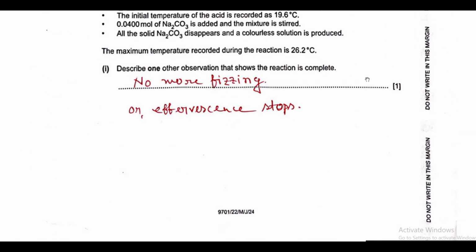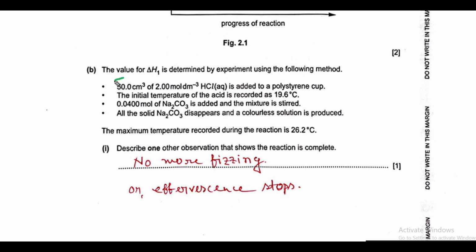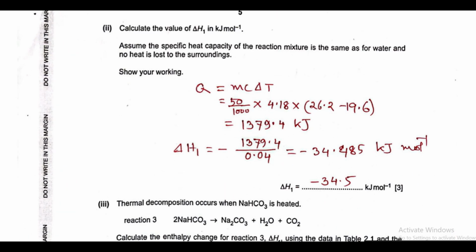Volume of solution is 50 centimeter cube, which means 50 gram, since 1 centimeter cube equals 1 gram. So 50 divided by 1000, converted to kilogram, times C 4.18, and ΔT will be final temperature 26.2 minus initial temperature 19.6. If you calculate, you get